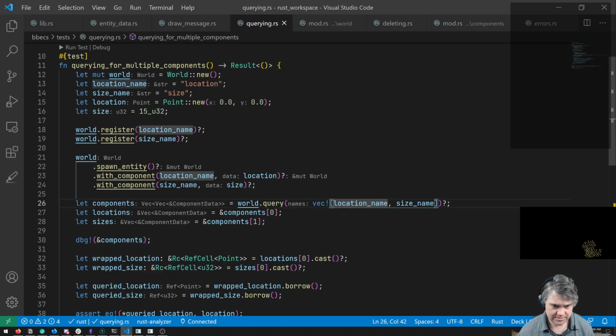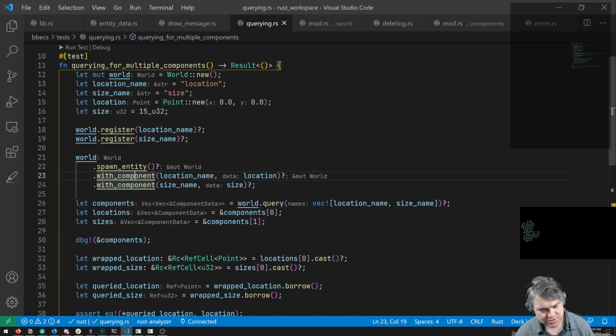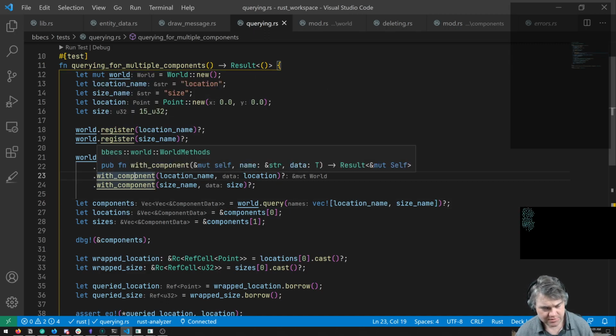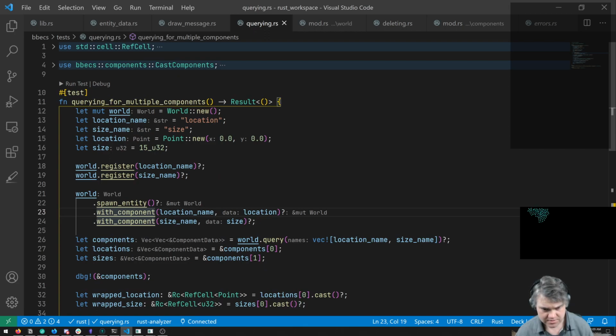Because location name, is it the order that I do the register or the with component?